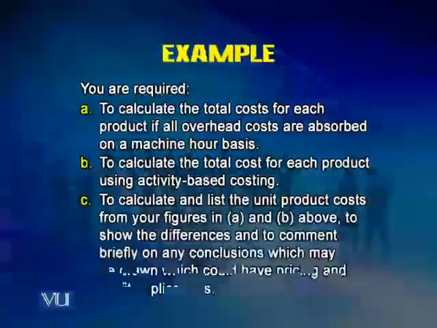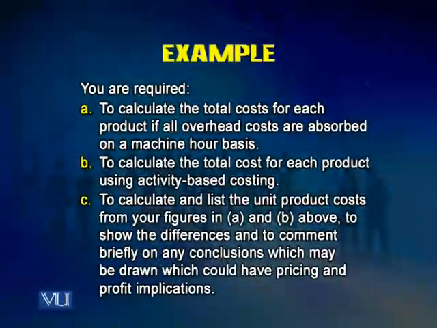In the second part, we have been asked to allocate these overheads using activity-based costing. This is going to show us, is there a difference if we use the different bases of costing in the product cost. And part C is to calculate and list the unit product costs from your figures in A and B above to show the differences and comment briefly on any conclusions which may be drawn which could have pricing and profit implications. So this is what we will do in part C,